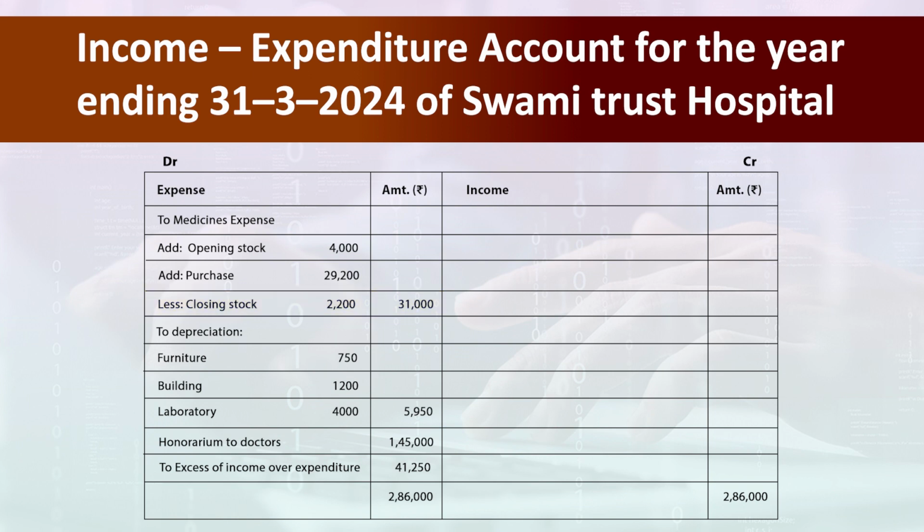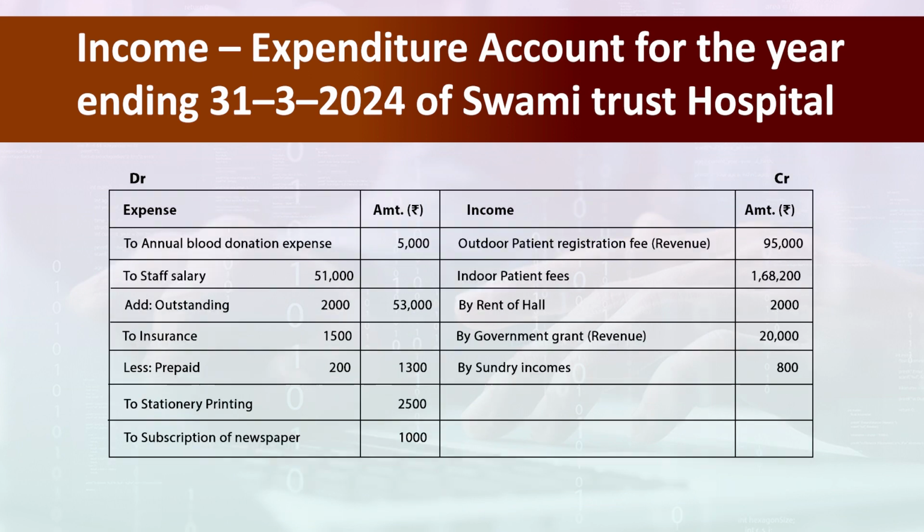Then we include depreciation on furniture of rupees 750, on building of rupees 1,200 and on laboratory of rupees 4,000. The amount recorded is 5,950. Then we record honorarium to doctors of rupees 1,45,000. Moving to the income side, we can see the first entry recorded is outdoor patient registration fees, which is